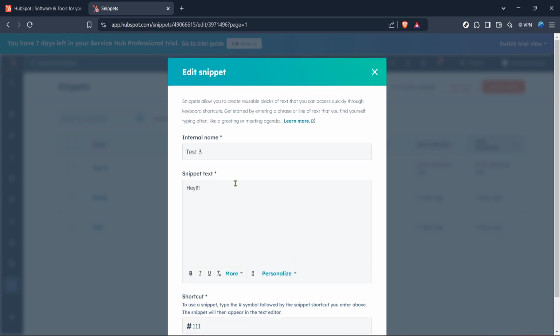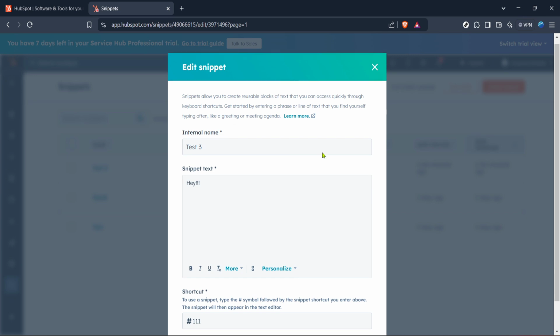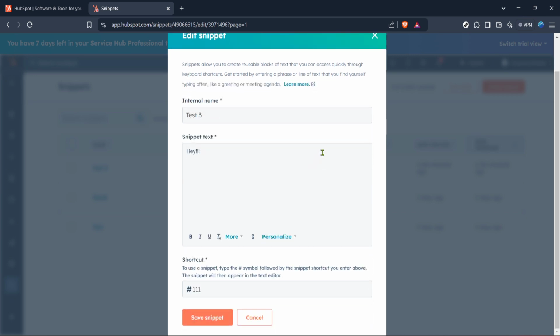And there you have it, you've successfully inserted personalization tokens into a link in a HubSpot template. By following these steps, you've made your marketing materials more dynamic and personalized, which is sure to resonate with your audience. Take a moment to explore what you've created and consider testing its functionality to ensure your personalized links perform as expected.